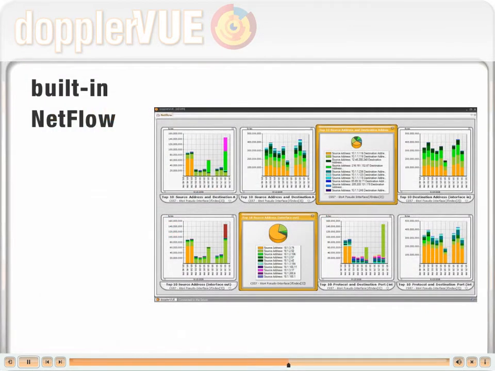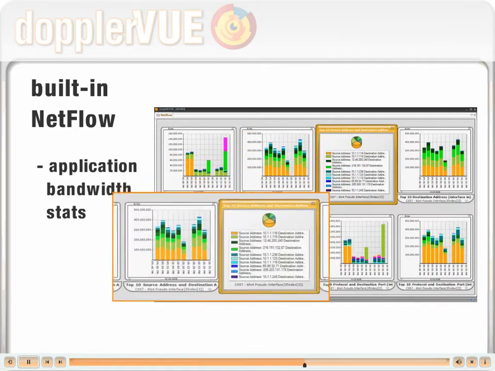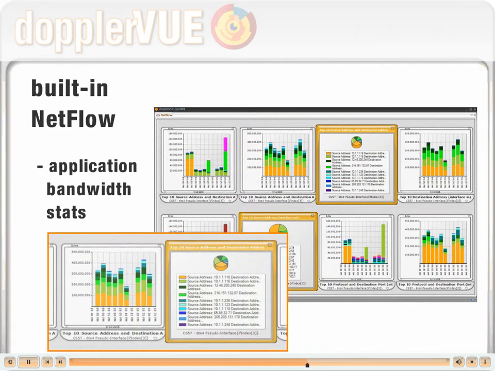Looking for a deeper view inside network traffic? If you have NetFlow enabled on your routers and switches, you can find out what applications are chewing up bandwidth and better understand resource allocation. The top 10 source and destination chart, for example, displays bandwidth statistics for the top 10 IP conversations flowing through the monitored router. Clicking any bar displays the IP addresses for the source and destination points, so you know who's